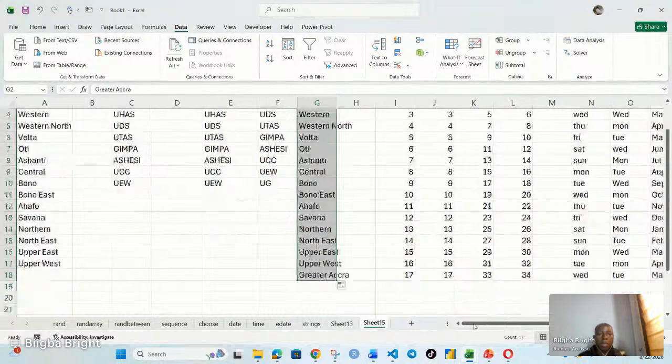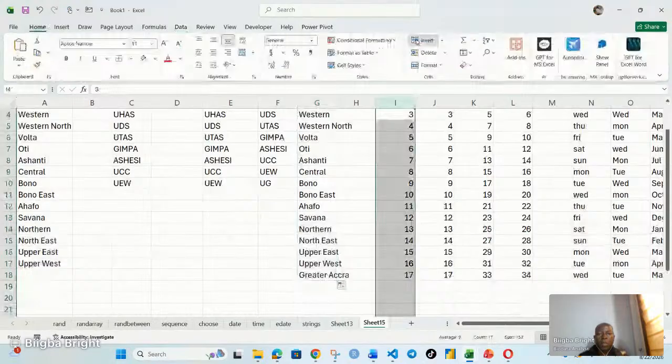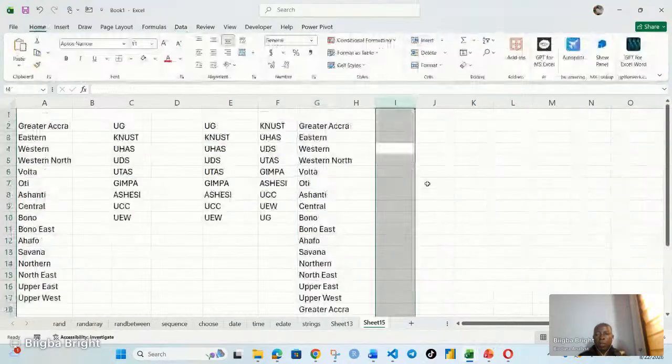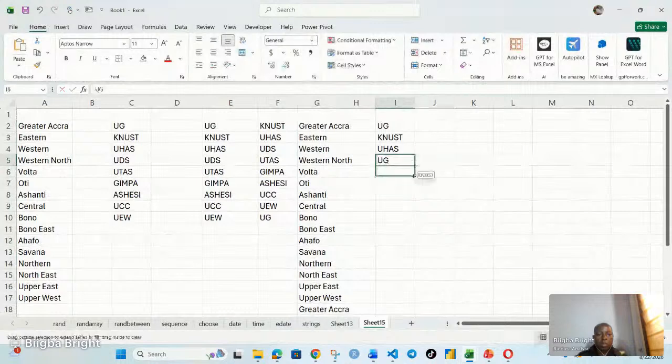Okay, let me show you what I mean. Go to my home tab and insert some few more. So let's say that I just want University of Ghana, KNUST, and then UHAS. Type UG. Then come down here and just list the three. So I'll come again and type UG. You notice that it is going to list again up to